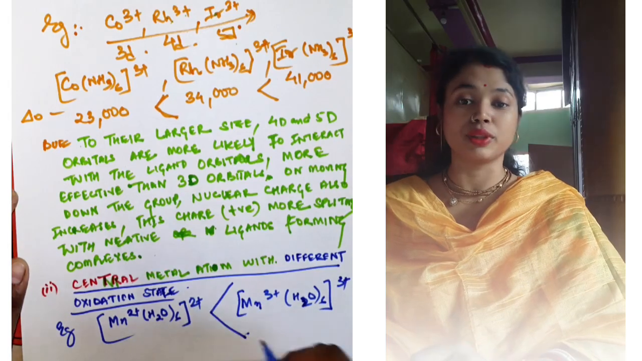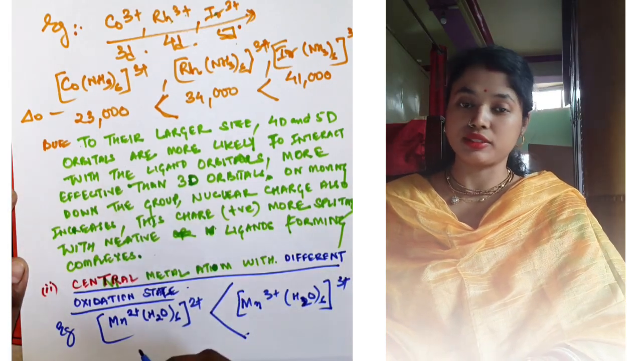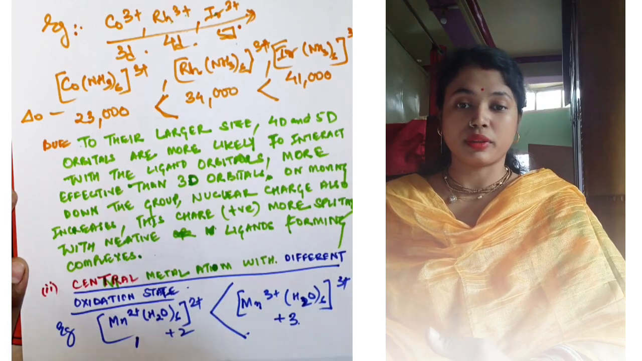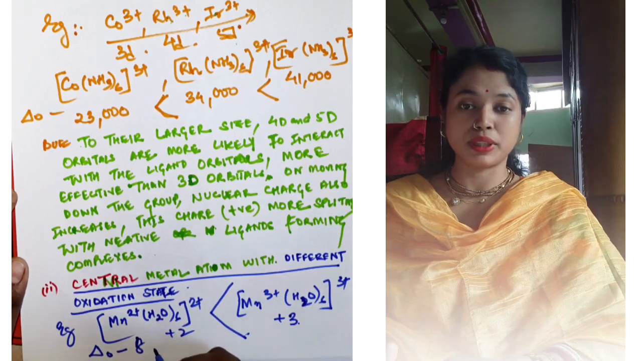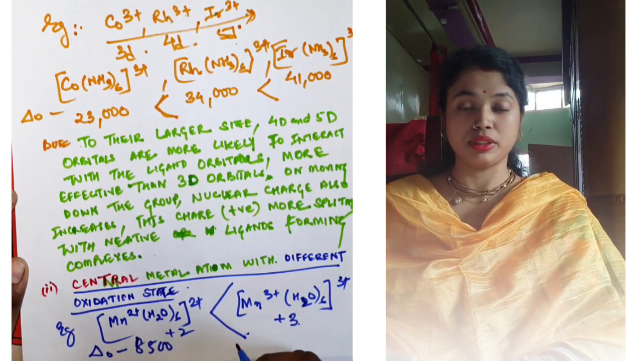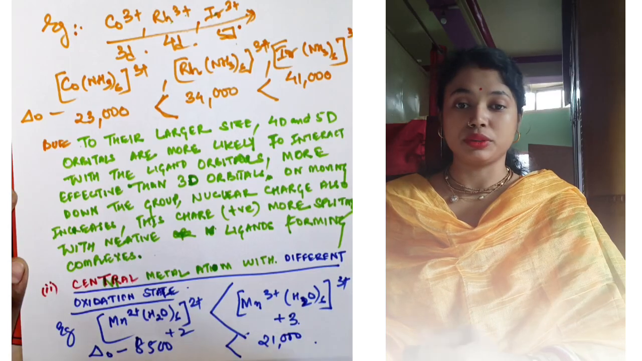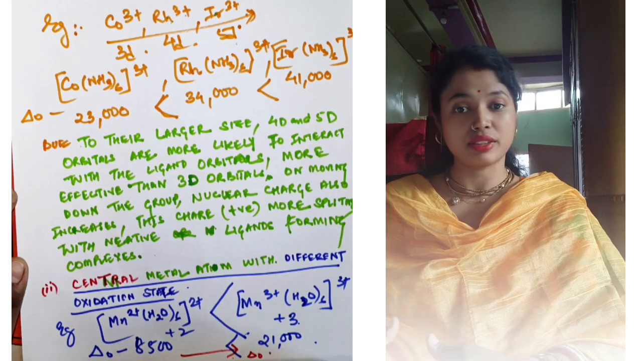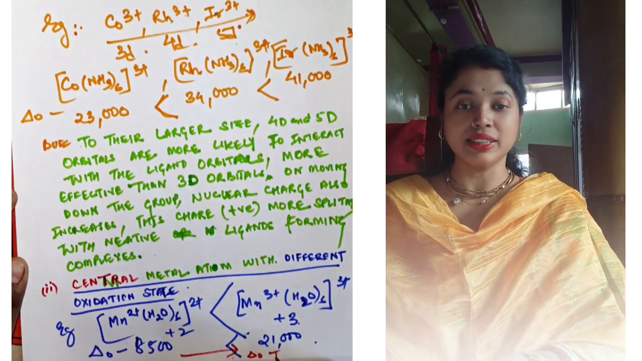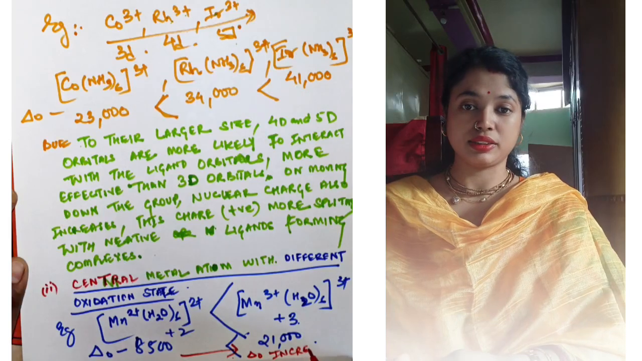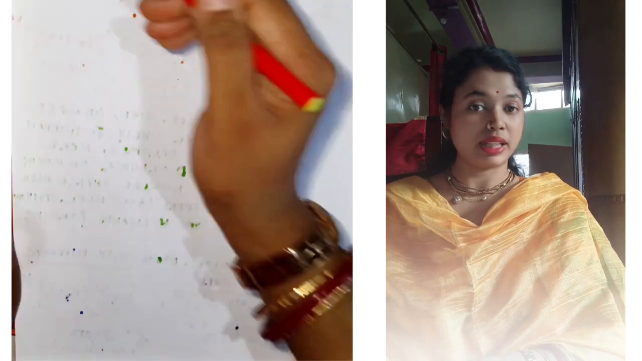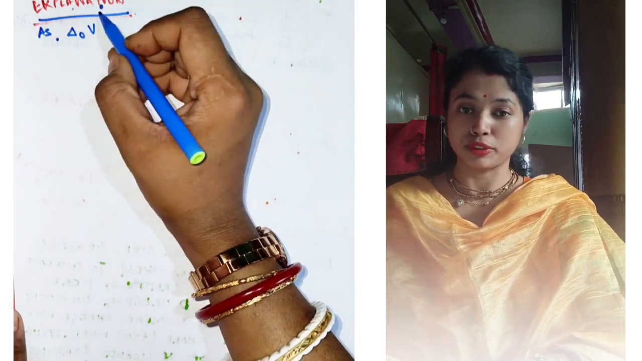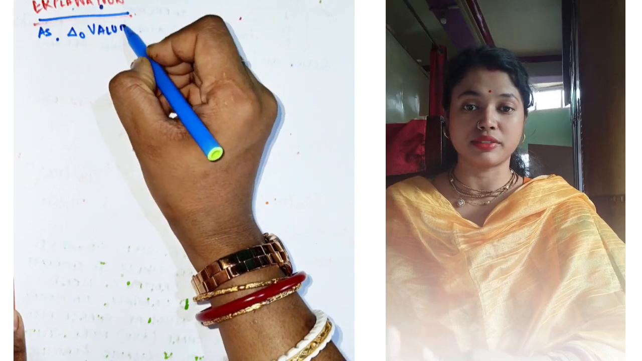As the charge increases, crystal field splitting will increase. Here it is your +2 oxidation state, here it is +3 oxidation state. Here the crystal field splitting we found to be at your 8500, and here it is 2100. So what we can say, as the charge increases, delta value, or you can say crystal field splitting, also increases. What is the explanation? The explanation is that as the delta value increases, that means as the crystal field splitting increases,